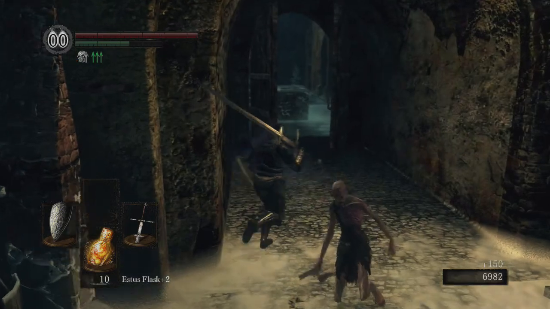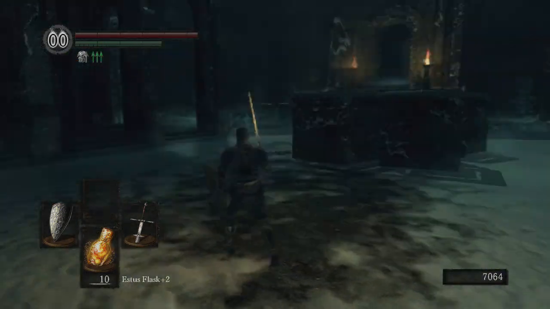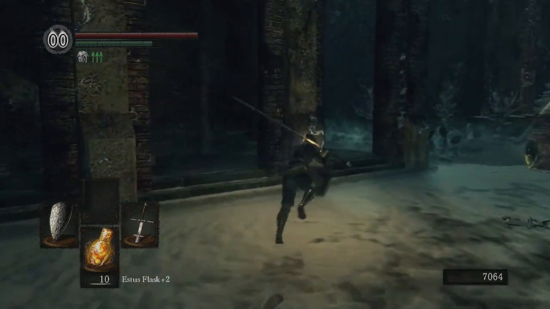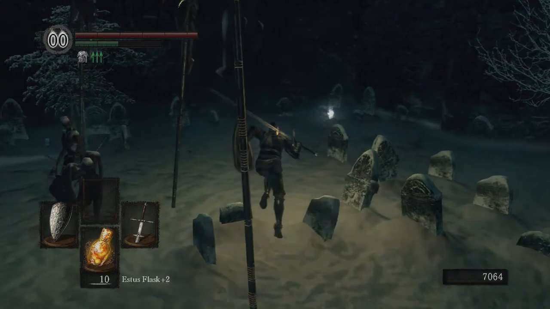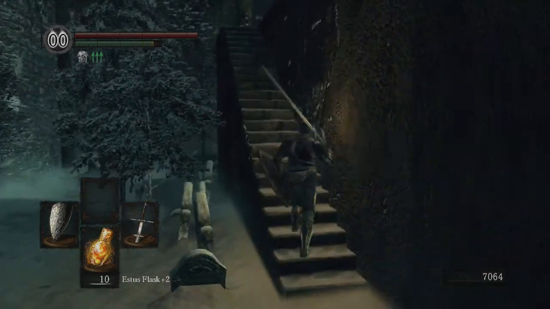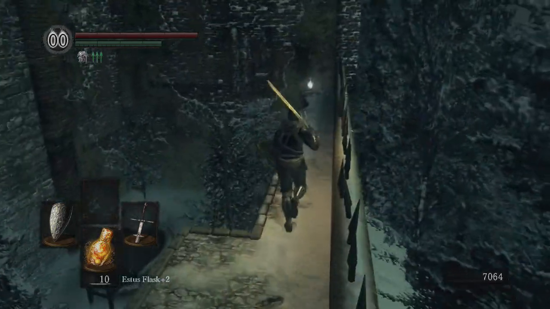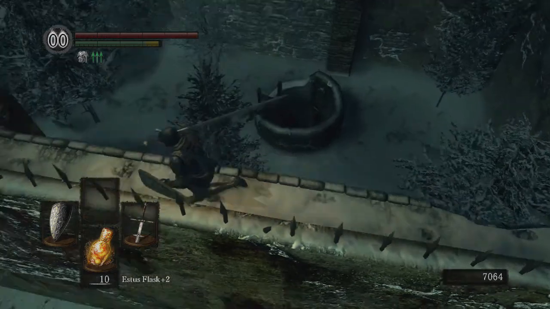So now that I've got the shortcut open, getting through here is relatively easy. And I can't remember how I usually get to... Oh wait, I remember. The way that the game wants you to go down is this way. There's an item here. I think there's a Ring of Sacrifice just above my head as well on the wall. Oh yeah, it's over here. Nice. It wants you to go down there